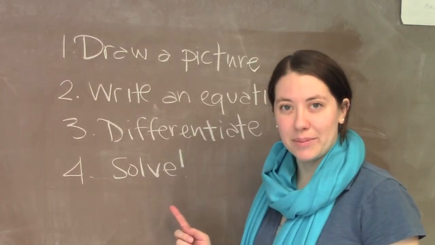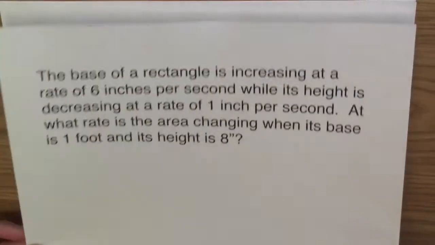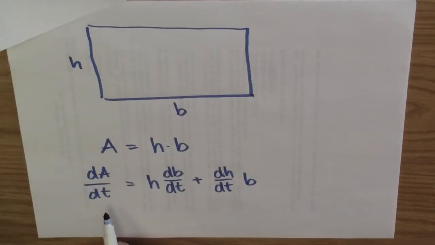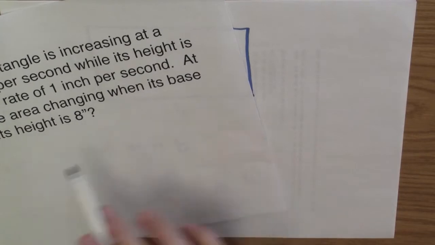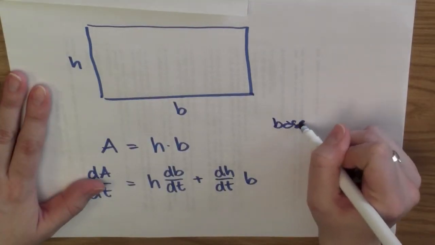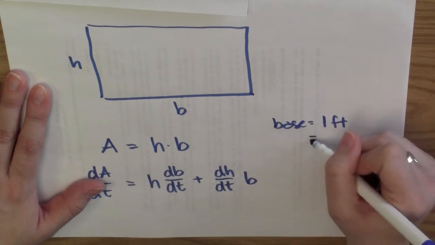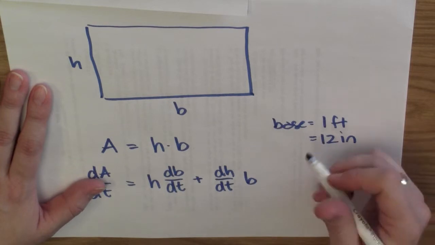Finally, let's solve the problem. In order to solve, I substitute the values that I know for all of these different things. The question is asking me at what rate the area is changing, so dA/dt is the thing that I'm trying to solve for. The question says I want to know what rate the area is changing when the base is 1 foot and the height is 8 inches. So the base is 1 foot, which is equal to 12 inches. We've got to make sure all our units are the same. And the height